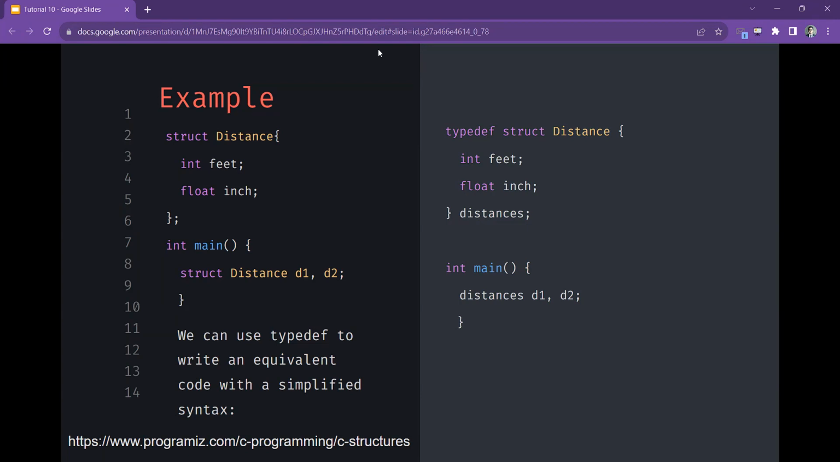This is the normal definition: struct Distance, integer feet, and inch. And when you are declaring it, you need to call this struct keyword, and that type will be Distance, and our variables are d1 and d2. So we can reduce some of these parts by using this typedef at the beginning of the definition